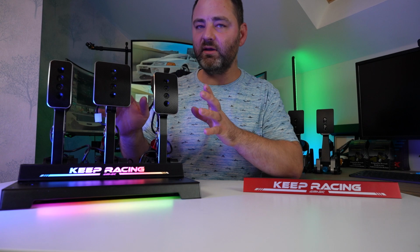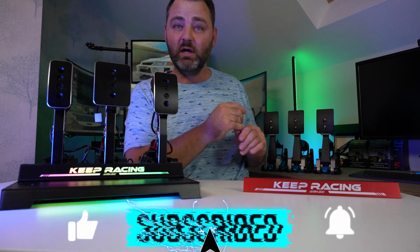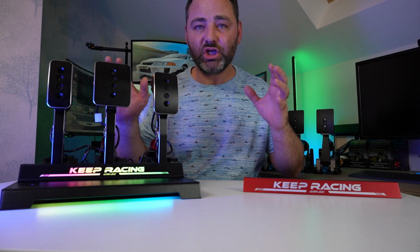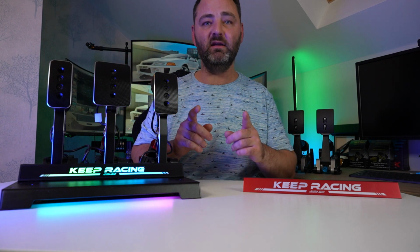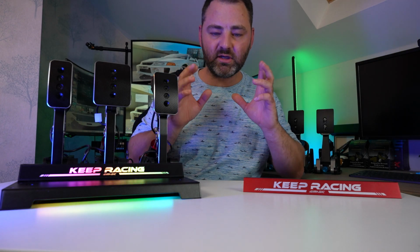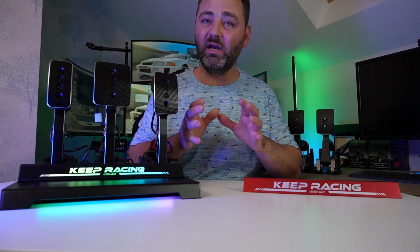You know, it is the single thing about these pedals I will miss the most when I start testing these new SIMLABS pedals: the shaker here on the brake pedal that tells me when ABS is actually assisting me. And I do believe, and I'm not just saying it, that it will make a lot of sim races actually better races, because just knowing that ABS is there and is helping me right now, that I might be too heavy on the brakes,